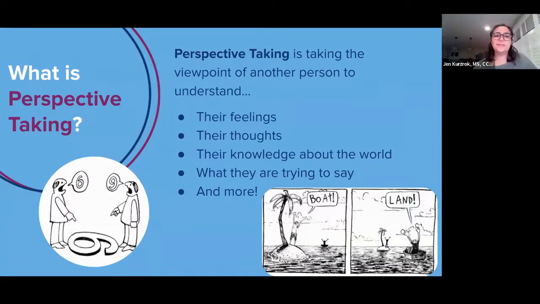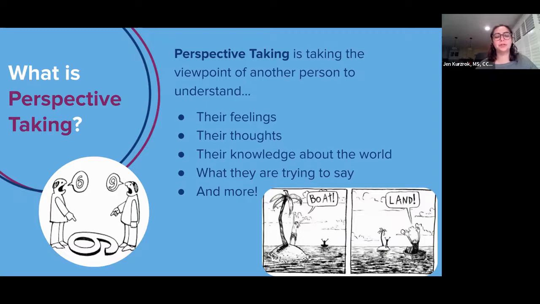And then we also wanted to define what we mean when we talk about perspective taking. So perspective taking, when we think about it as a cognitive skill, is being able to take the viewpoint of another person so that we can understand what they're thinking, their feelings, what they might know about the world, even if that's different from what we know about the world, what they might be trying to say, even if their language was ambiguous. So I think an example for that is, if a kid comes home at the end of the day and they say, oh, happened again in math class, without giving you that context, you know what they know about their world and their previous experience to be able to interpret that, and a whole lot more.